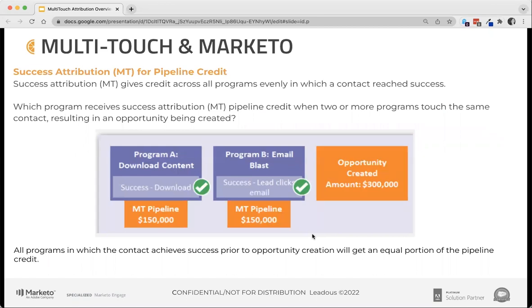For example, for multi-touch in Marketo, success attribution or multi-touch attribution to pipeline credit. So giving credit to programs in which a contact reaches success. And we'll talk about what this means a little bit more in a bit here. But a success in a program might be, I have clicked, or I have filled out a form, or I have attended a webinar. All of the programs that indicate that that lead has interacted are going to get a